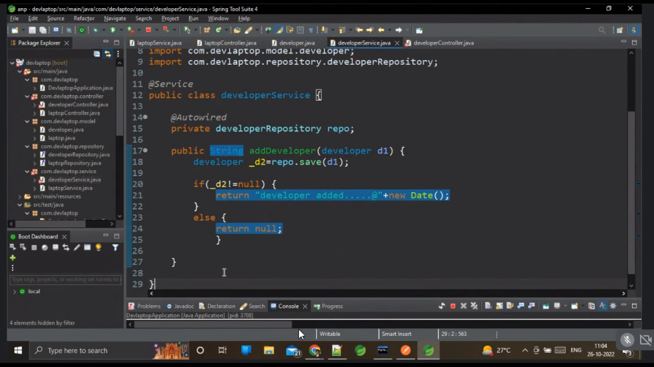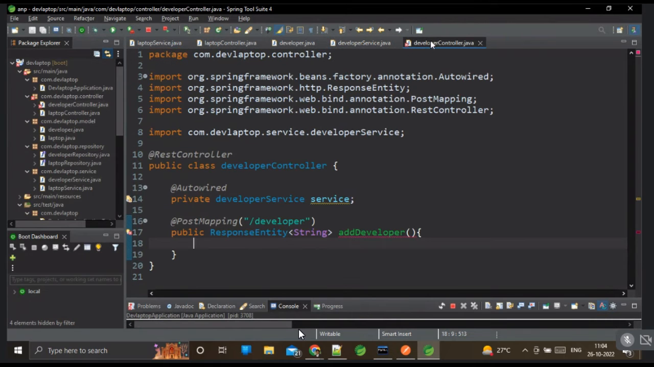That's it. We can return anything that we want. So we successfully added the developer, and we have to consume this developer method in the developer controller, right? So we can consume that. String status equal to service dot add developer. Here we have to read the developer from the request body, obviously. So import request body